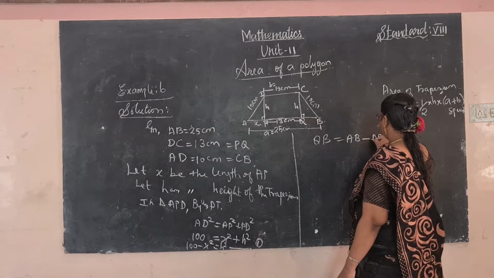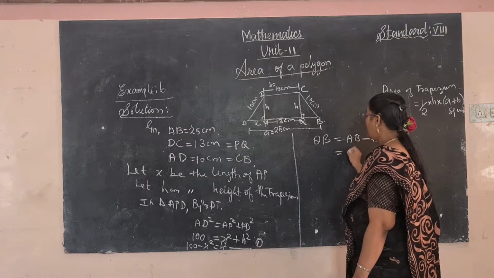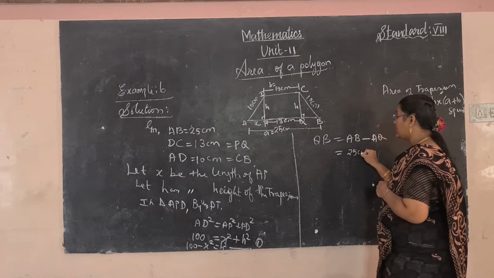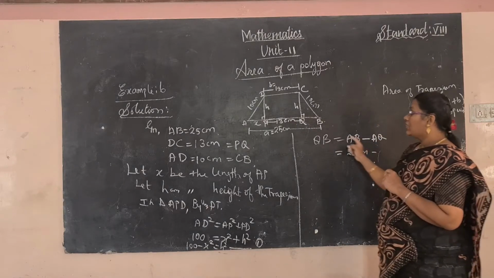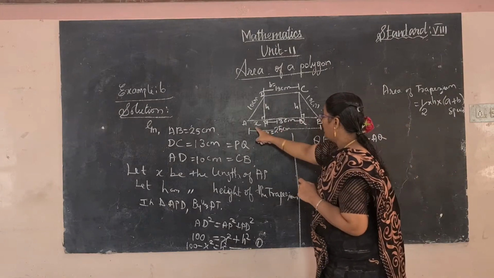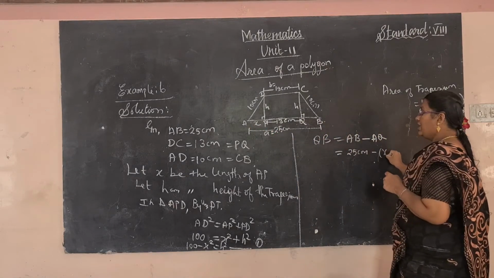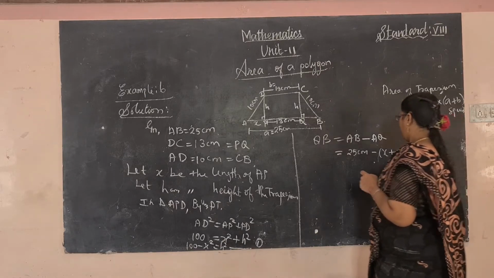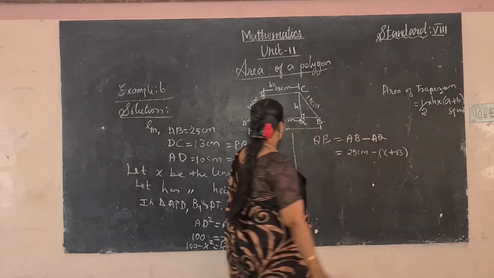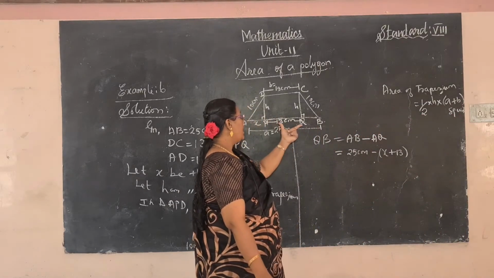Subtract the AQ value. So AB value is 25 centimeter. AQ, what is that value? AP is x plus 13. Okay, x plus 13. Is it the sum of these two values? AQ value is,